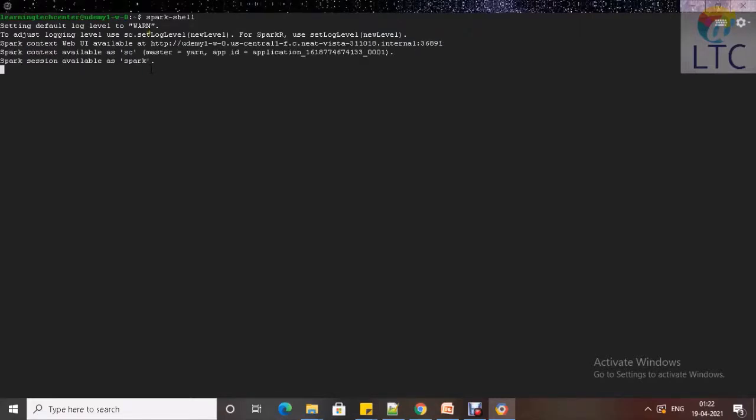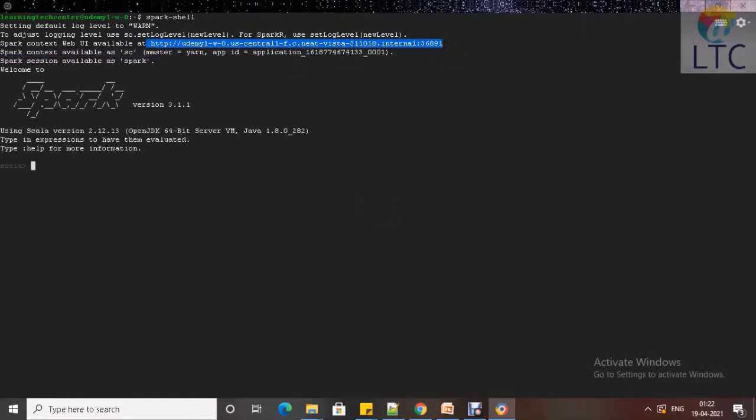See, it is giving you a web UI URL here. It is clearly saying Spark version 3.1. My Spark shell is launched. How to exit from Spark shell? :q.